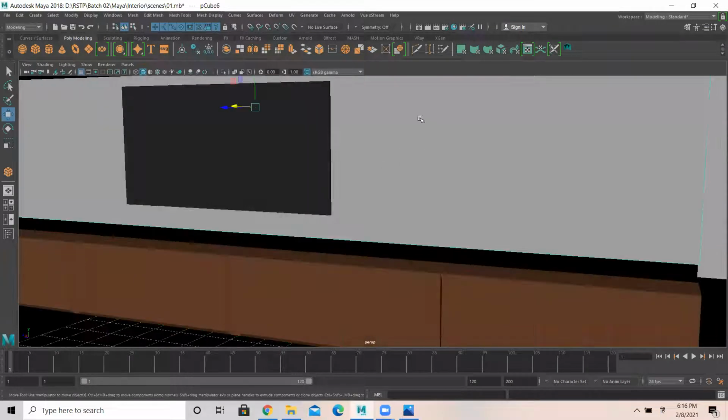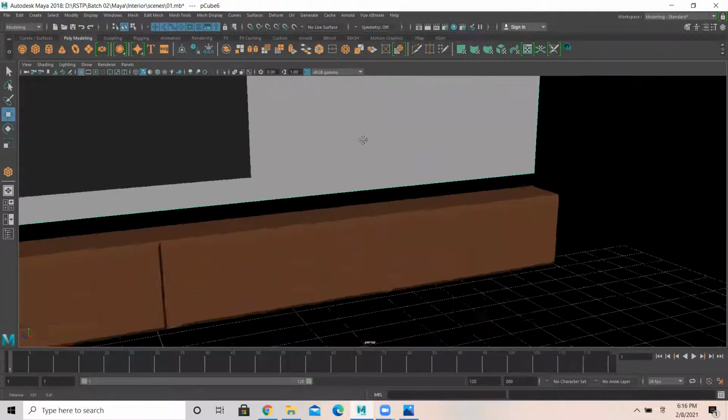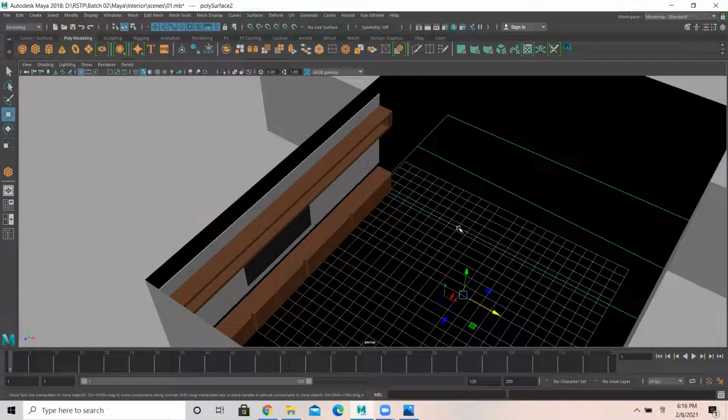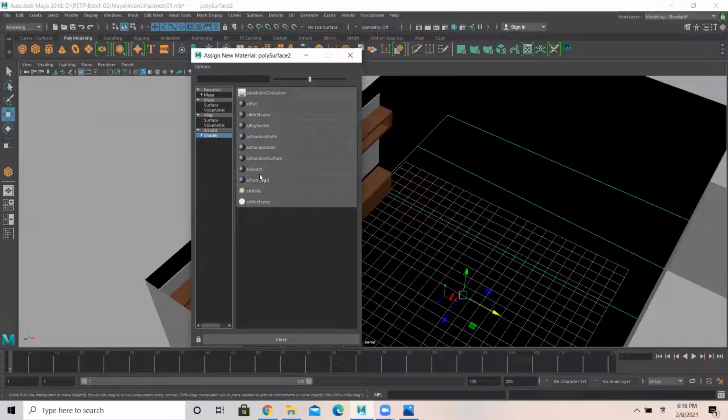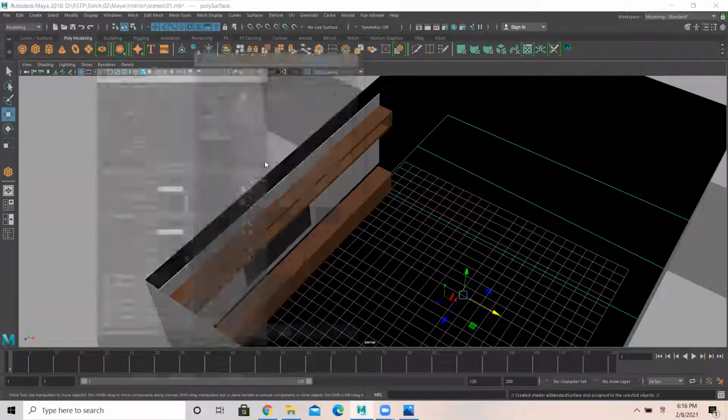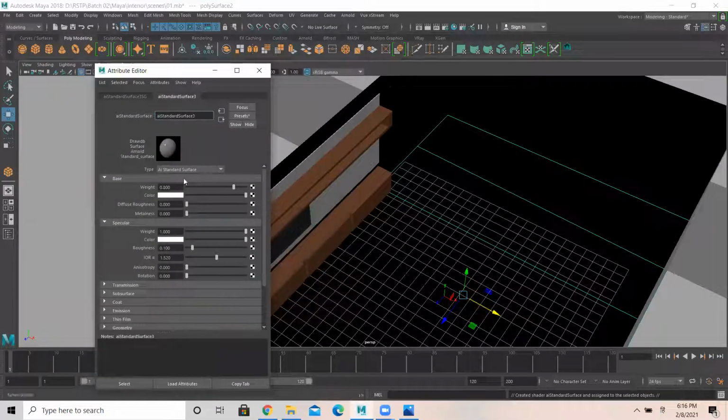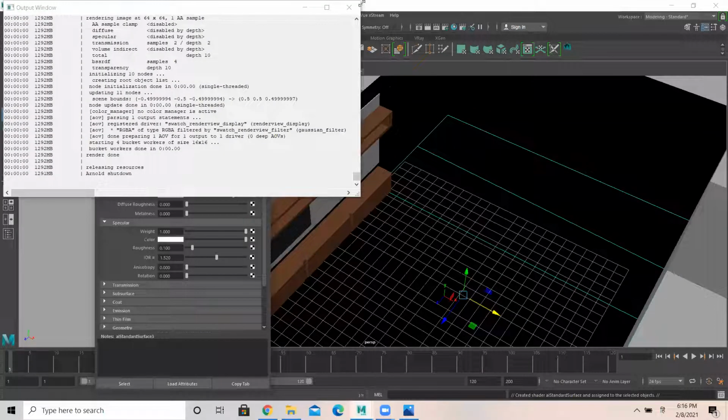This is actually a different texture that we will see later. And for floor, I'll apply new material. Again, Arnold shader, Arnold standard surface. Okay, let it be white for time being, let's say.